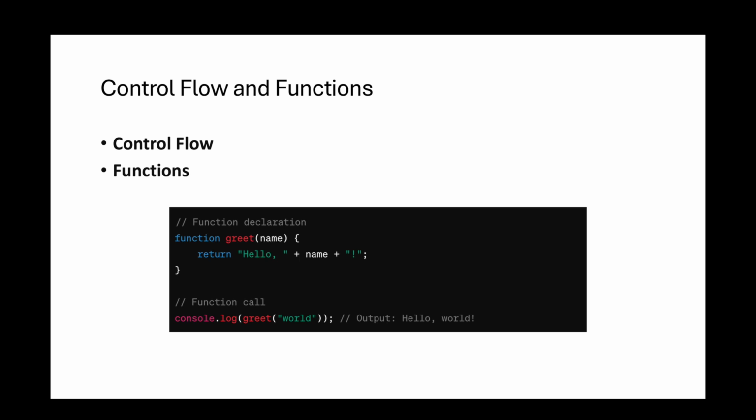Example: function declaration, function greet(name) returns hello plus name. Function call, console.log(greet(world)). Output: hello world. JavaScript functions can also be defined using arrow function syntax, introduced in ES6, which provides a more concise syntax